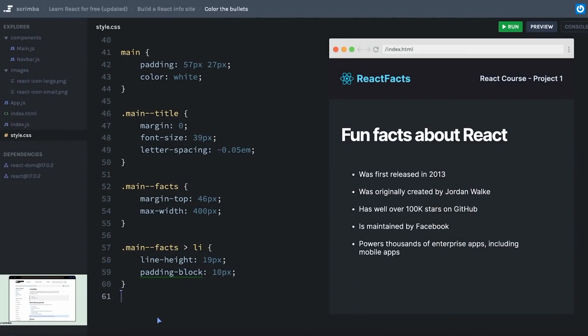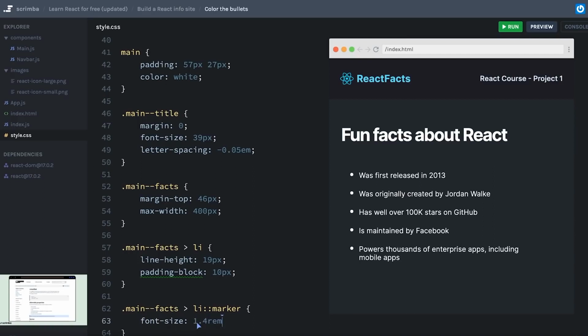I'm just going to copy this and add my pseudo element selector for marker. One thing to keep in mind is that this is not accepted by all browsers. However, Safari, Firefox, and newer versions of Chrome have all adopted the marker pseudo element selector, and I'm certain as time passes, this is going to become even more widely accepted, and therefore I feel pretty confident using this method for accomplishing this task. So, simply enough, I can change the font size to, let's say, something like 1.4 rem,